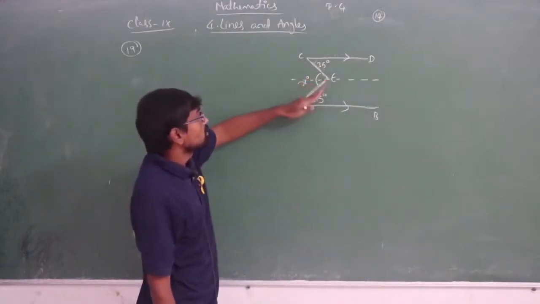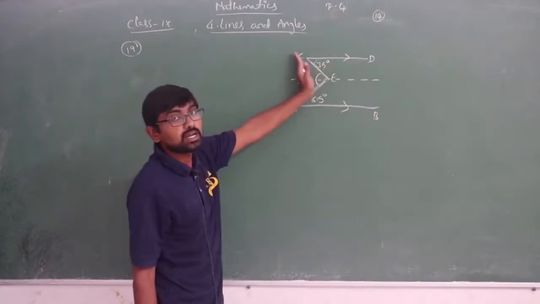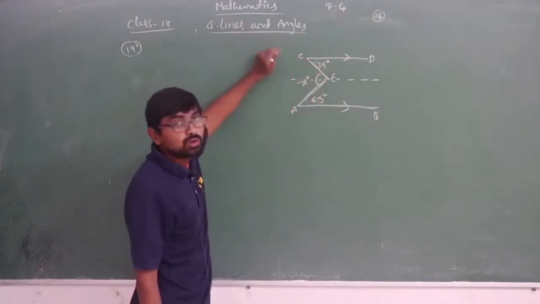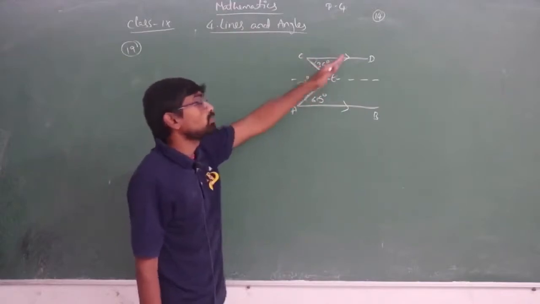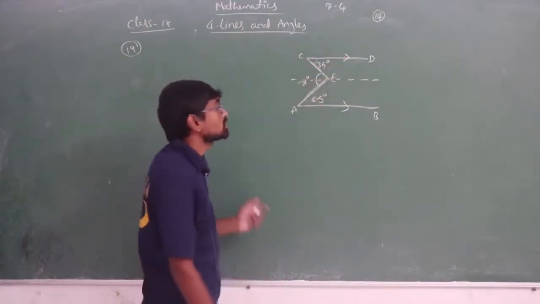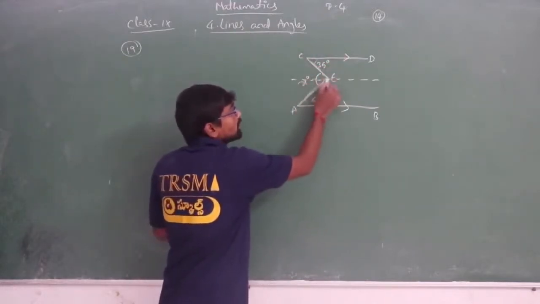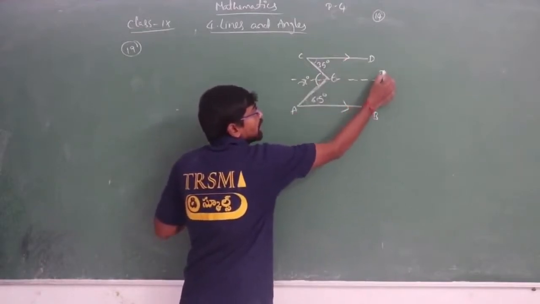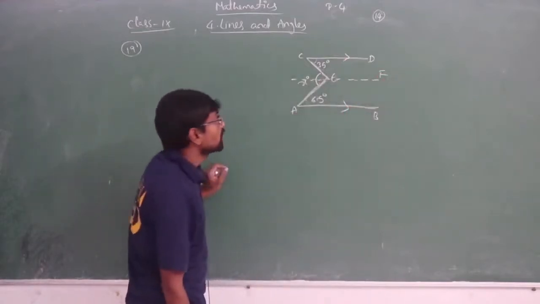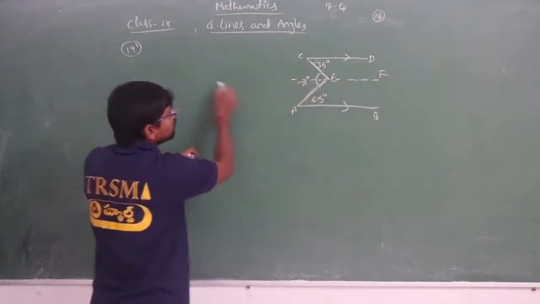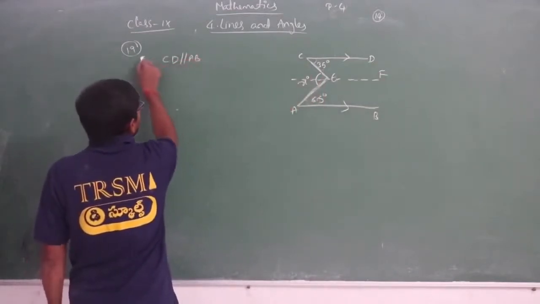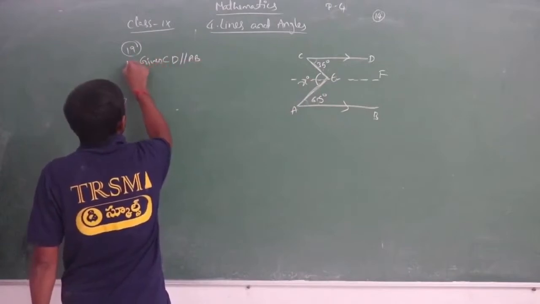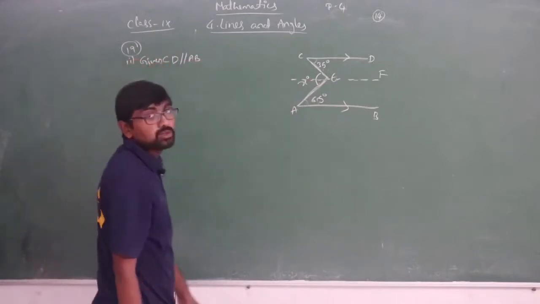As this one transversal is cut and it has been moved to another direction, these two parallel lines are not connected by one single transversal. So because of that reason, we are taking one imaginary line, that is EF here. Understood? So now from what he had given, CD is parallel to AB.